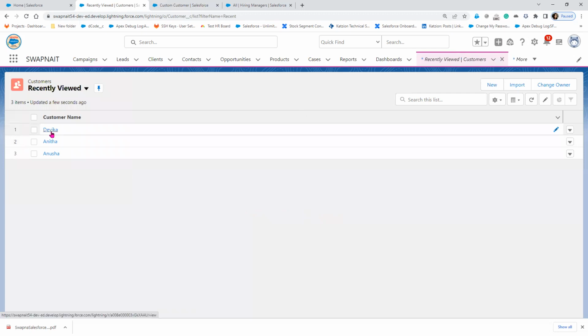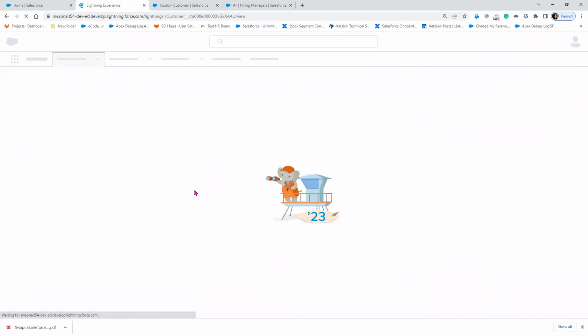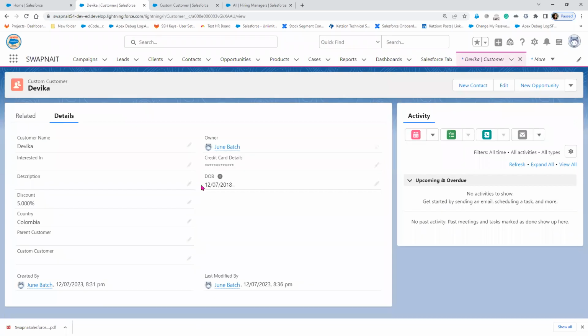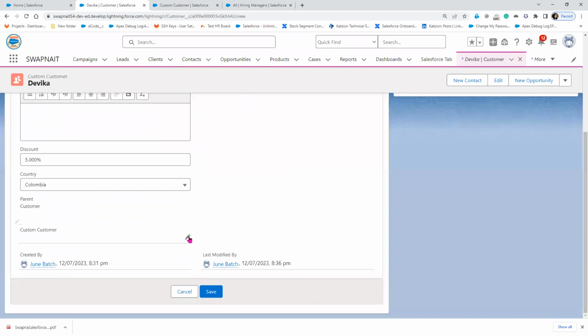Okay, so this is the one. Inside this, we have another field which is called custom customers. Let's refresh the lightning page. Now we have received the custom customers. Now in this case,